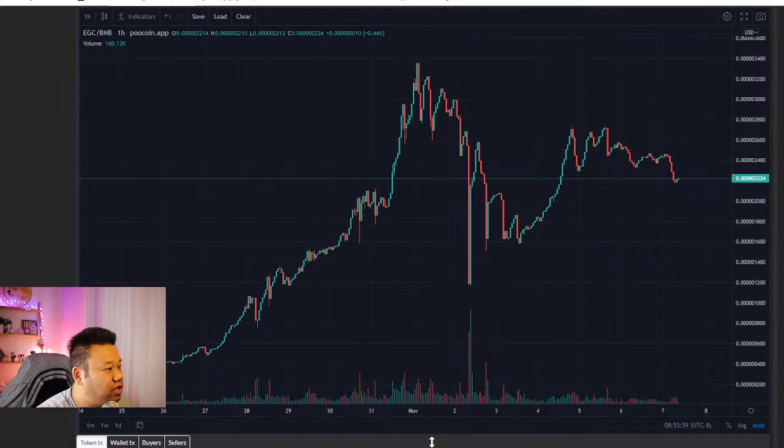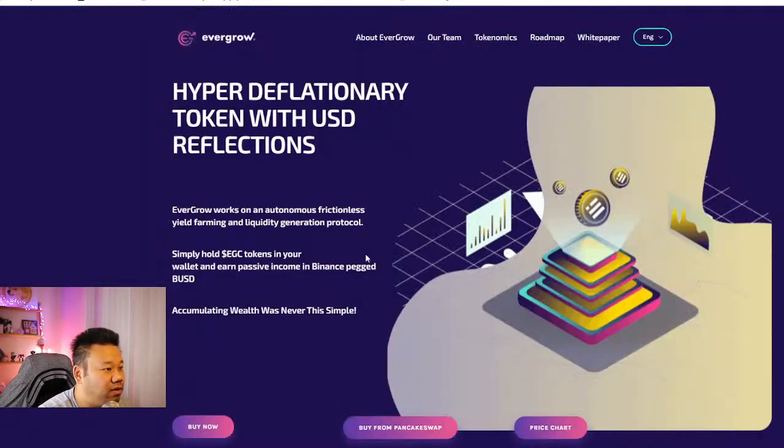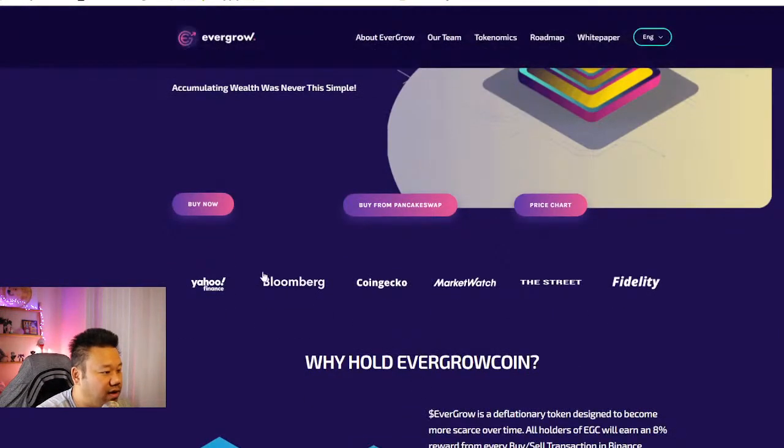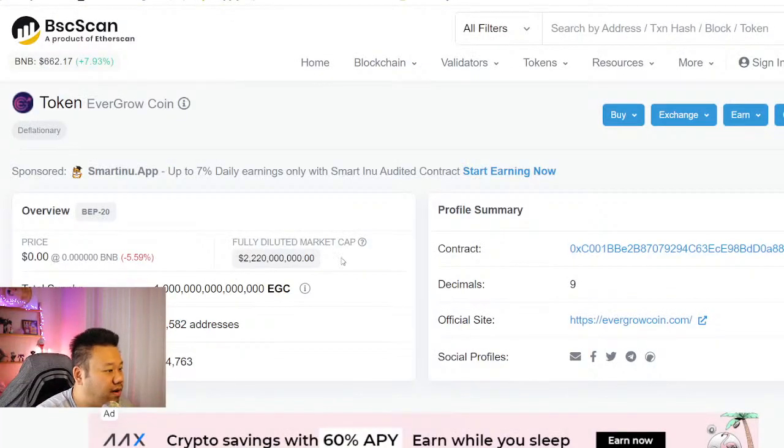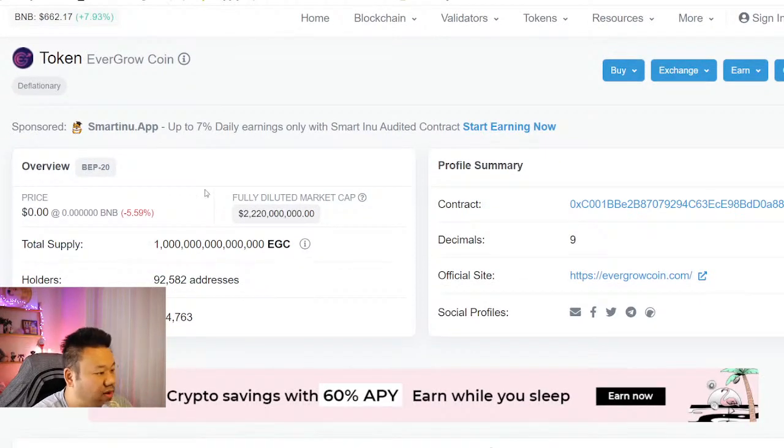But if you want the actual address, I can pull it for you guys. One second, let me go look here. All right, here is the actual contract address from BSC Scan. Okay, this is their official contract. And as of the moment, we have